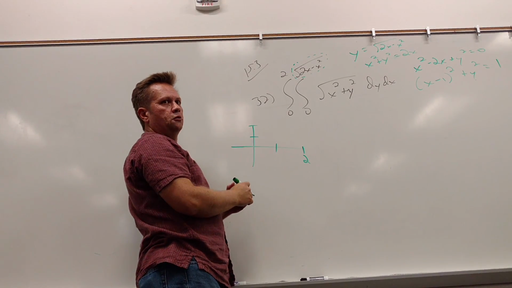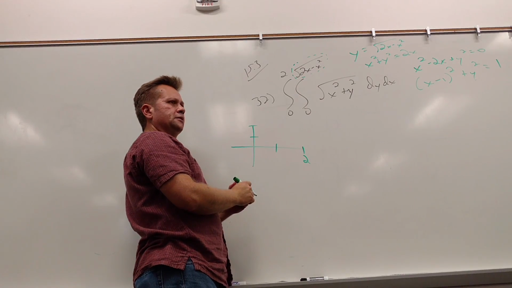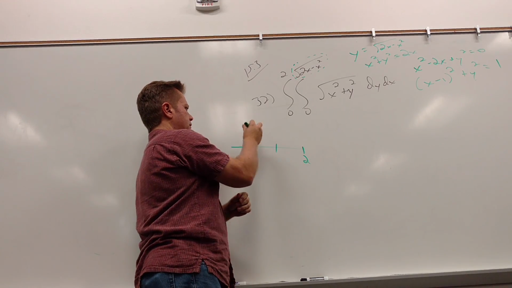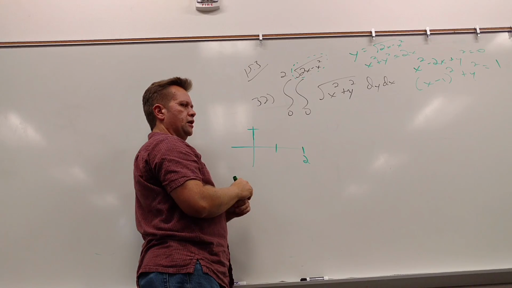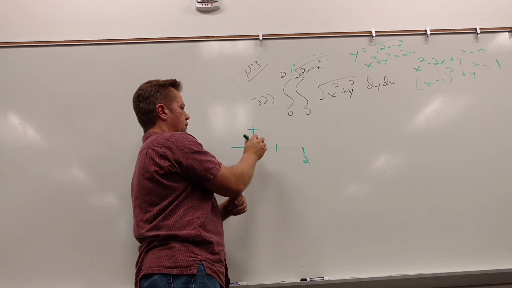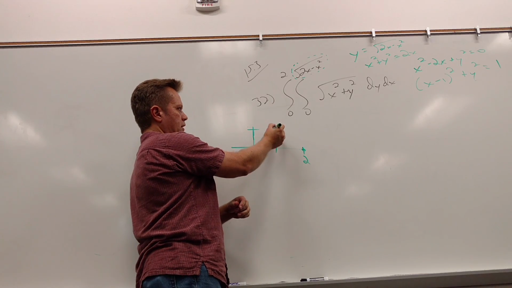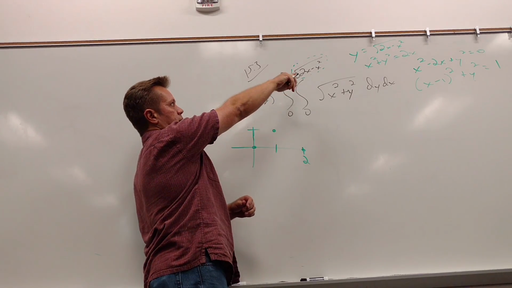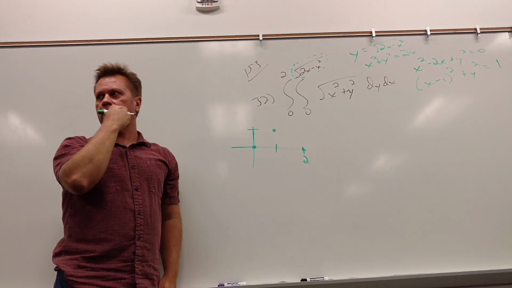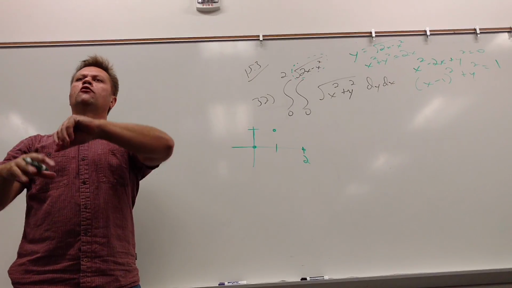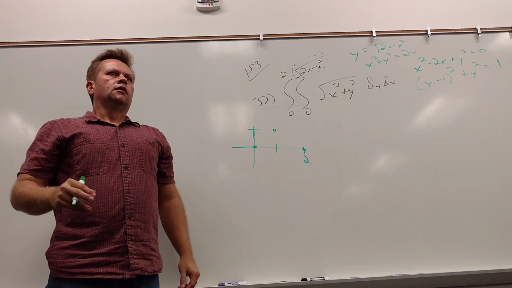Well, you should know where it's going to be. What's the radius? We know what the radius is, don't we? Radius is 1. Since that's the center, and it's 0, 0 and 2, 0, it's going to have to be 1. Sure enough, you plug it in, 2 minus 1 is 1, square root of 1 is 1. All right. So I know I overanalyzed that, but when you have a limit